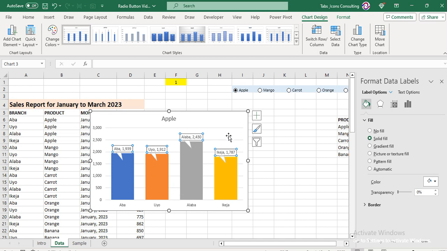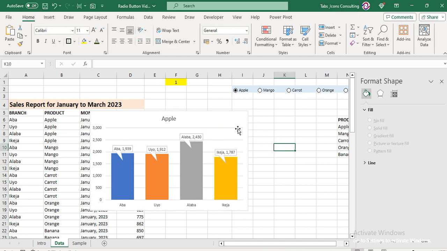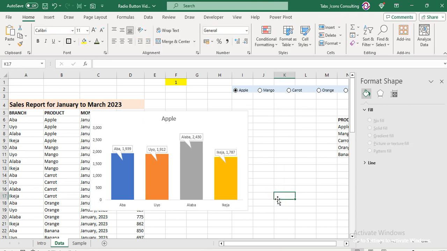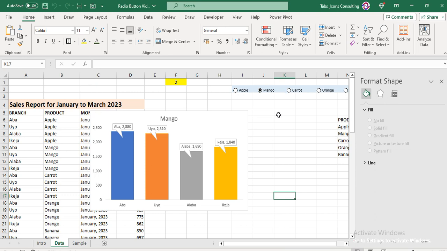Now I have this. I always like to take out the gridlines from a chart. It's not a very lovely thing to leave gridlines, so I take out the gridlines. Okay, so we are gradually getting there. Now the next thing is I don't want this apple to just show. Let's make it something like